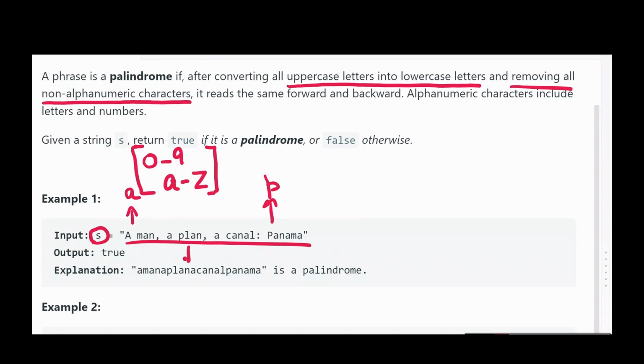So we get to convert our input string into something that looks like this. And now it becomes a classic problem of a palindrome, where we have to prove that all the characters read